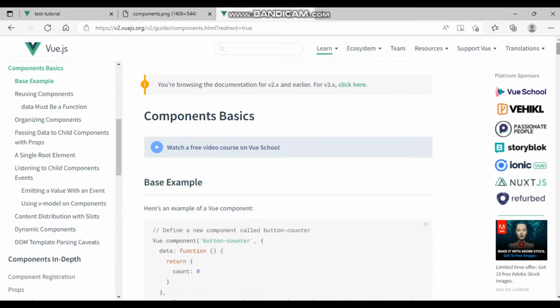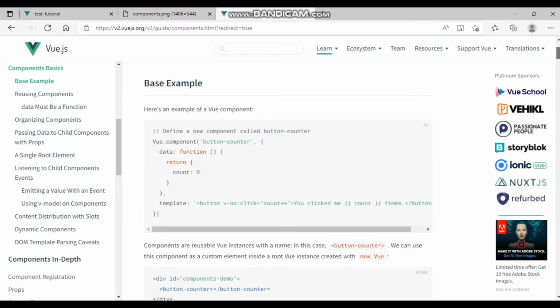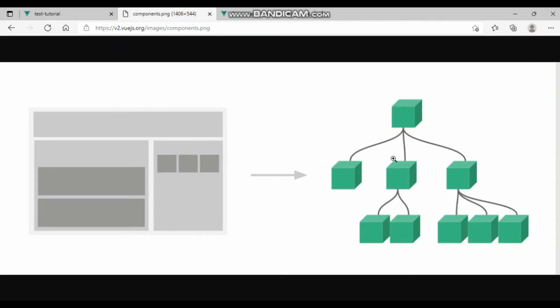In this tutorial you will learn how to write a component, and we'll discuss the component basics. In the previous video I told you what a component is and what kinds of components there are. The three main components are basically the header, the home and the footer, but in this tutorial I'm going to discuss this more. Here in this picture you will see